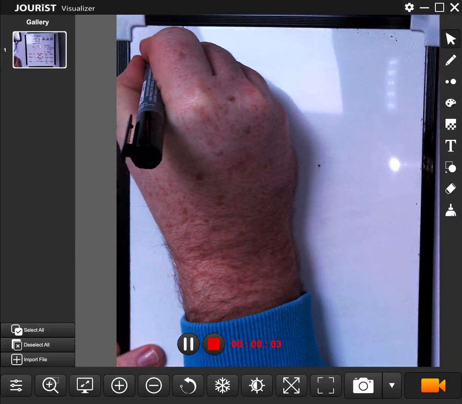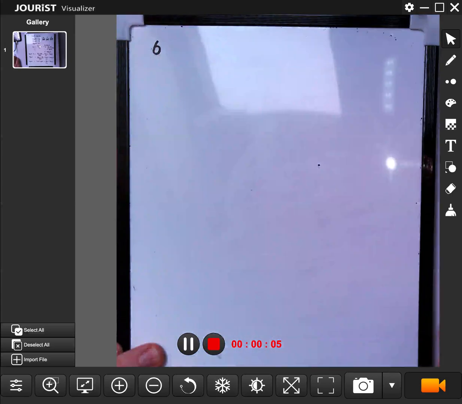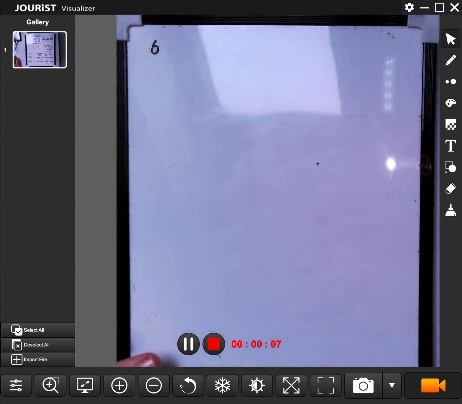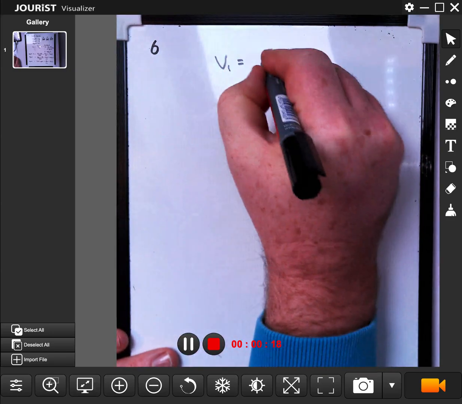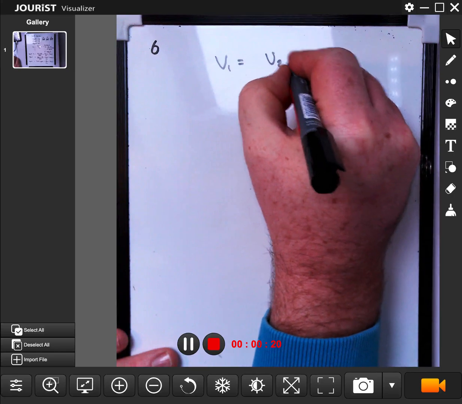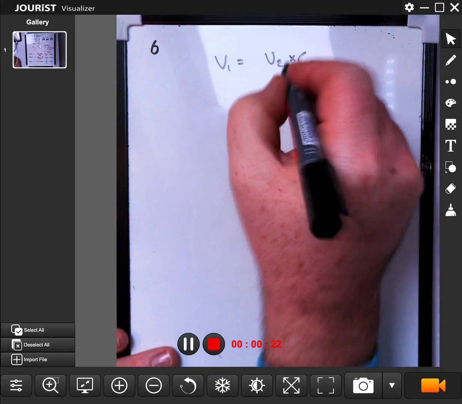So let's have a go at number 6. This is much more difficult. The last two questions are much more difficult, but there is a method, and we're just going to use the same equation we've been using before, and that is V1 equals V2 times C2 over C1,